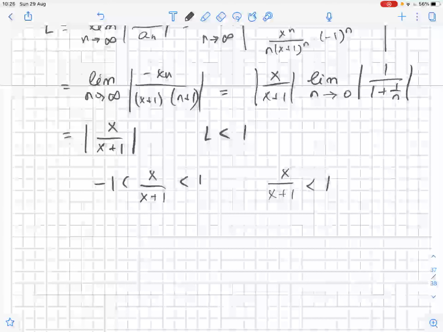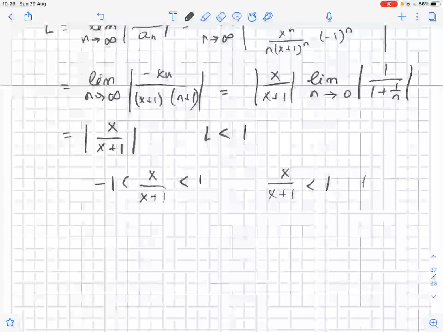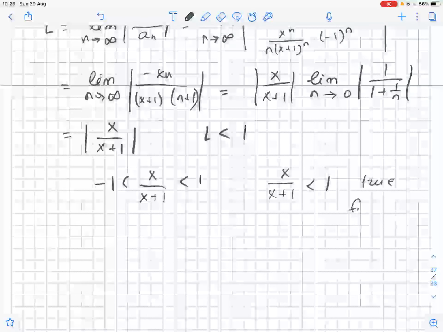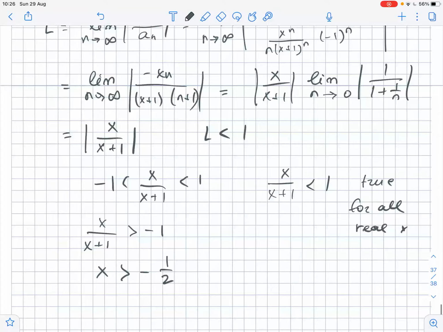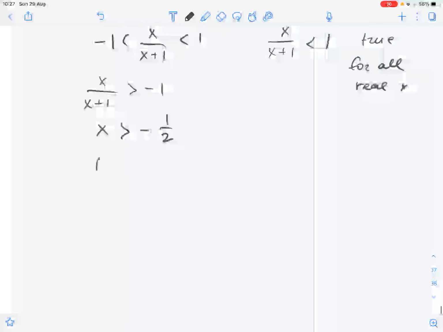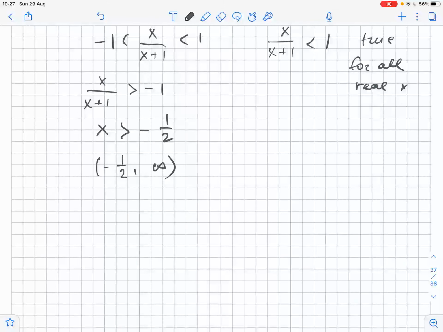The fact that x over x plus 1 is less than 1 is true for any real value of x, true for all real x. So now we need to check only that condition that x over x plus 1 is greater than negative 1. We get that x is greater than negative 1 over 2. So that means that the interval of convergence